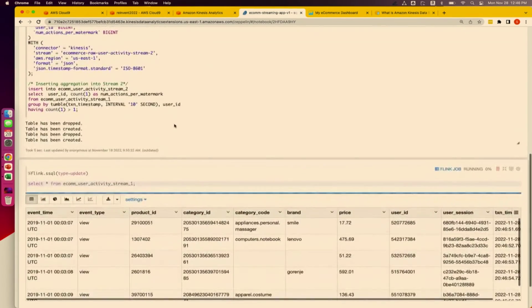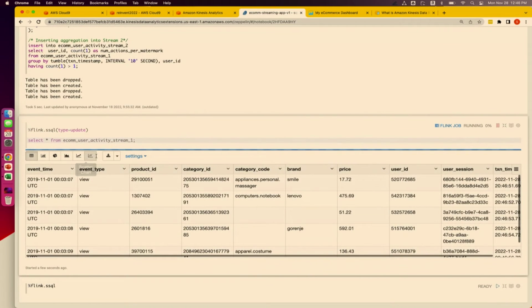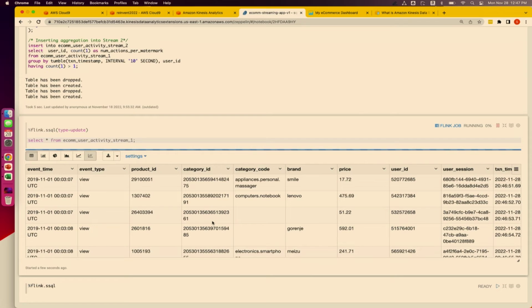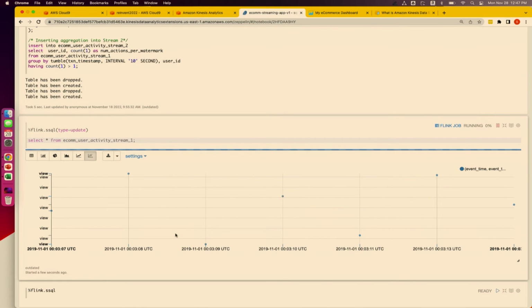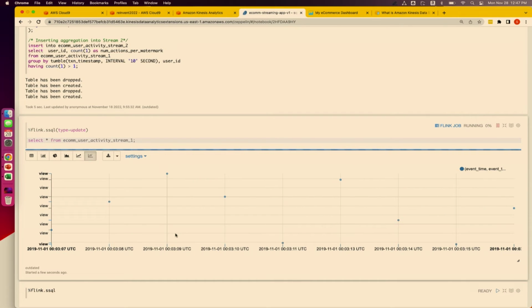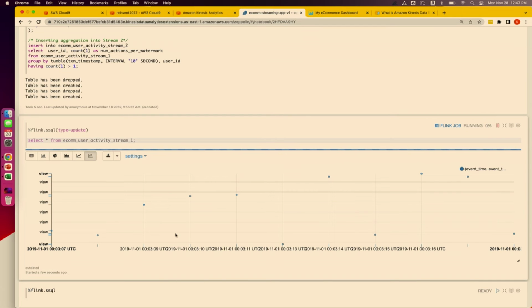And the data has started to come. In a scatter plot, you will see how many users are viewing the product or purchasing the product. As of now, most of the users are just viewing the product. So all of this you can do; you can use Zeppelin Notebook to see that.